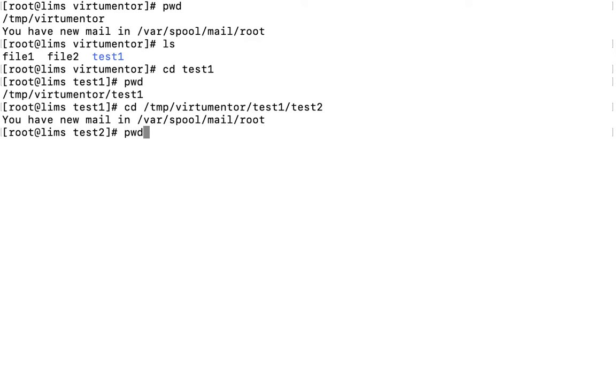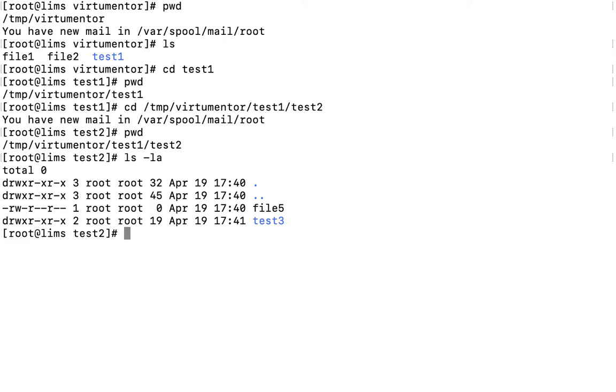Here we can check the pwd. So now we are in the test2 directory, which has three more directories in a parent. Whenever we create a directory, two blank hidden directories are created as well. One is dot and one more is dot dot. ls. So these dot and dot dot directories are created by default whenever we create a directory using the mkdir command. So what does it mean?